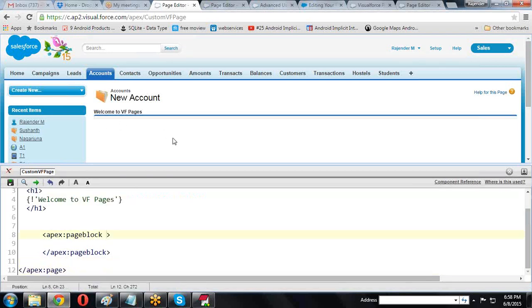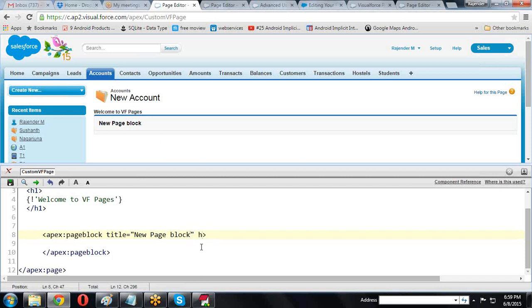So this is a page block we created. Title equal to new page block. So we are creating the page block title equal to new page block.